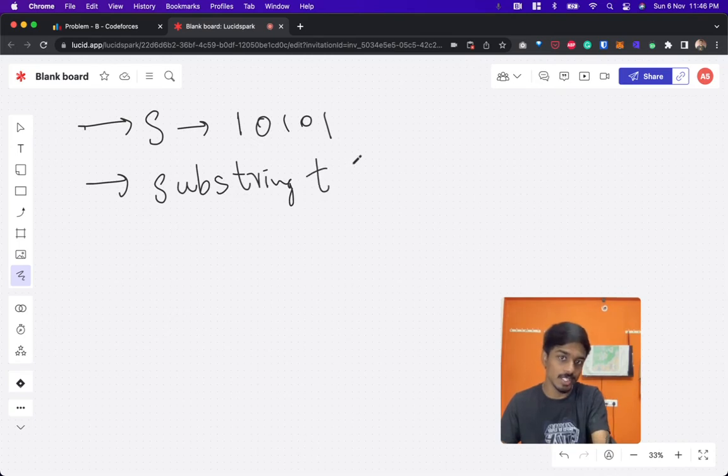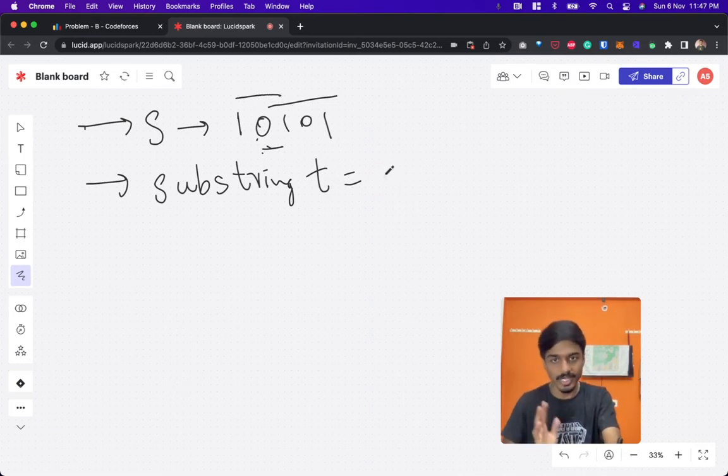Let's define a substring T of all this. What is the meaning of substring? It is a continuous set of characters in a string. 01 is a substring, 101 is a substring. Out of all the substrings, we define that x is the number of characters